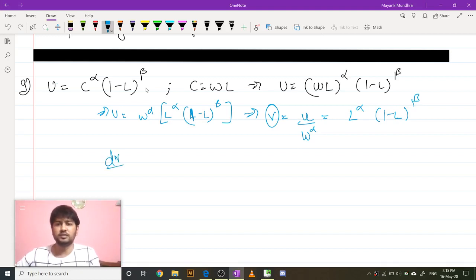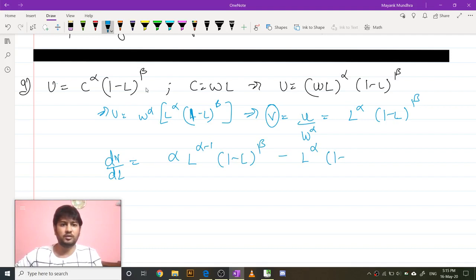So I'll just do dv by dL. This would be alpha L to the power alpha minus 1 times 1 minus L to the power beta, minus L to the power alpha times beta times 1 minus L to the power beta minus 1. Okay, so at the optimum this has to be equal to 0. So I can basically substitute this thing